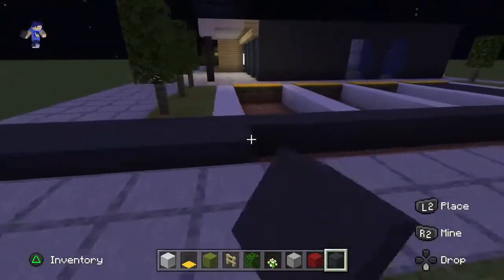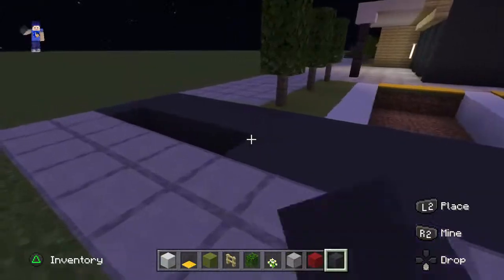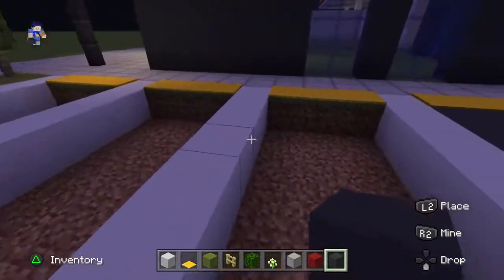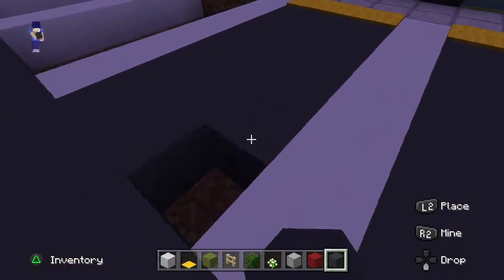We have just about filled in all of that. That's looking good, isn't it? I like how it looks. It just looks so clean. It's perfect. So now that we have done that, I want to, underneath all of the windows, this might even